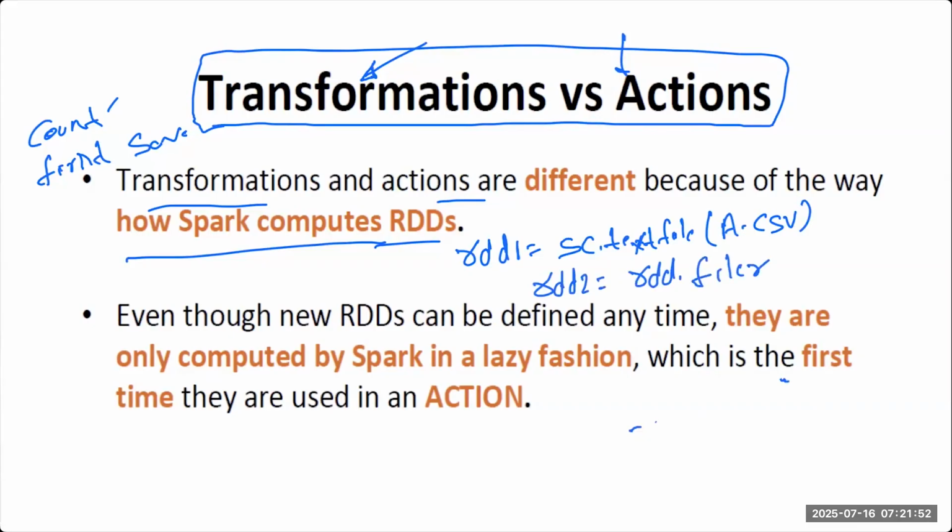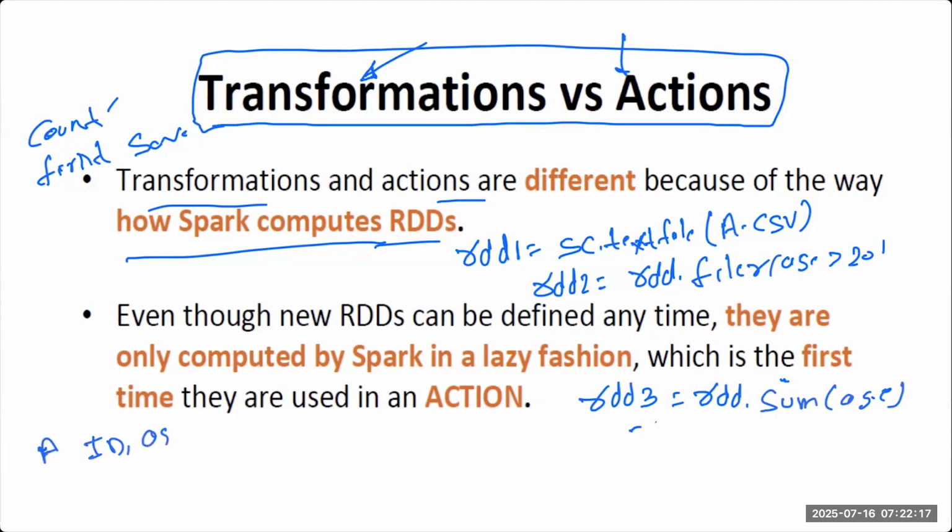Let's suppose after that I implemented a group by on this, because I want to get the sum of age. So I filter age greater than 20, and after that I am summing the age. After the filter, what was the output? I have ID and age. ID is 1, let's suppose age is 20, then 22, and the second age is 30. So this is the final output which I got after filtering.